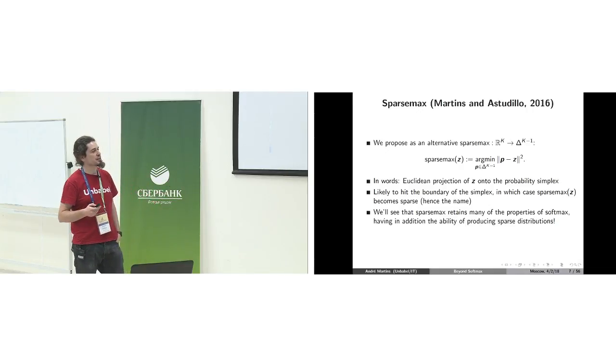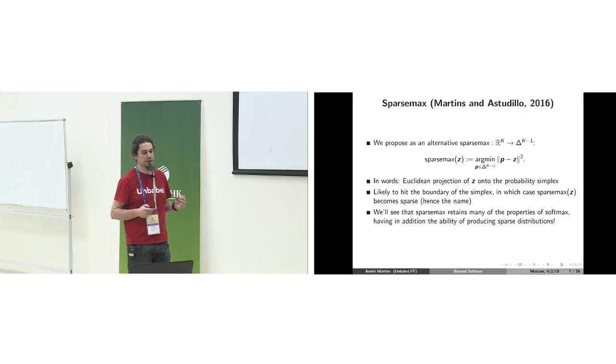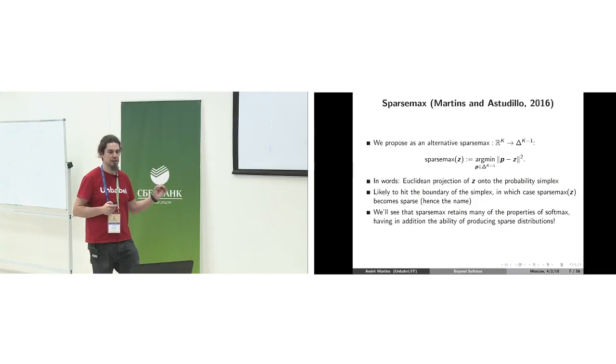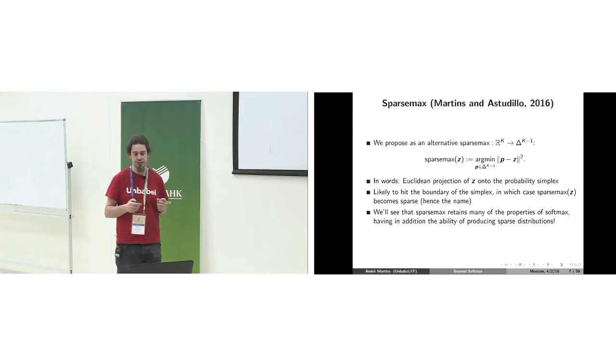So we are going to see that even though the way Sparsemax is defined is very different from softmax, we have this definition in terms of this variational definition, so to speak. So we don't define explicitly what are the operations that we are applying to Z to obtain P. We define it as the solution of an optimization problem. Even though this looks very different, there are a lot of properties of softmax that are also preserved in the Sparsemax transformation.